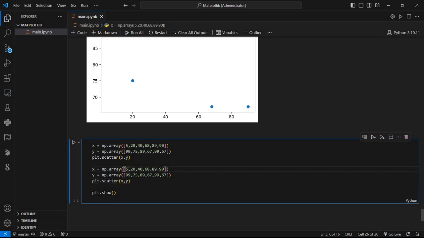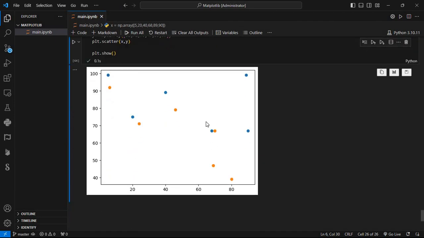First let me change some values. 6, 24, 46, 69, 89, 70. Okay, let me use 92, 71, 79, 47, 39. Okay, let me just run this. So you can see this will create a comparison plot. Okay, a comparison scatter plot,